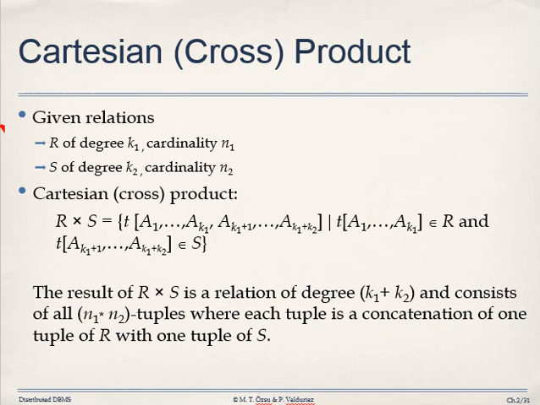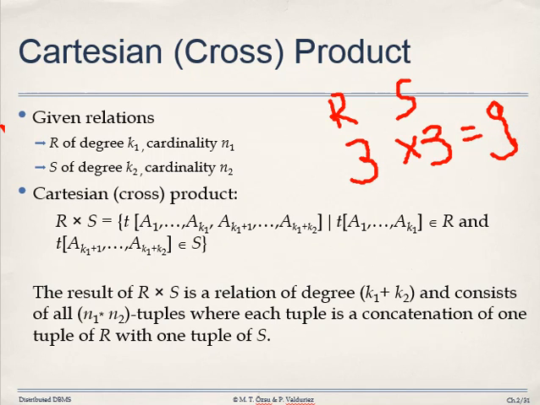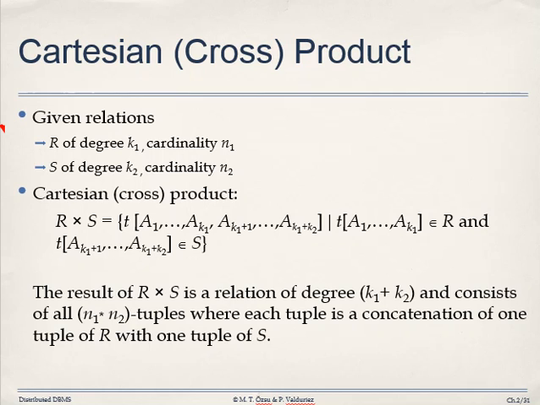But what about the case of tuples or records? Suppose R contains 3 records, that means 3 rows, and S also contains 3 records. For the Cartesian product, for tuples we perform a multiplication. So how many records does the result table have in total? It's 9. Clear? For attributes we have to perform addition, and for tuples or records we have to apply multiplication.